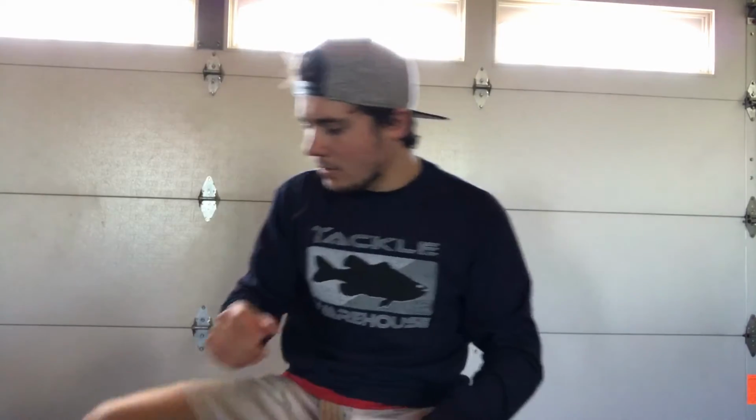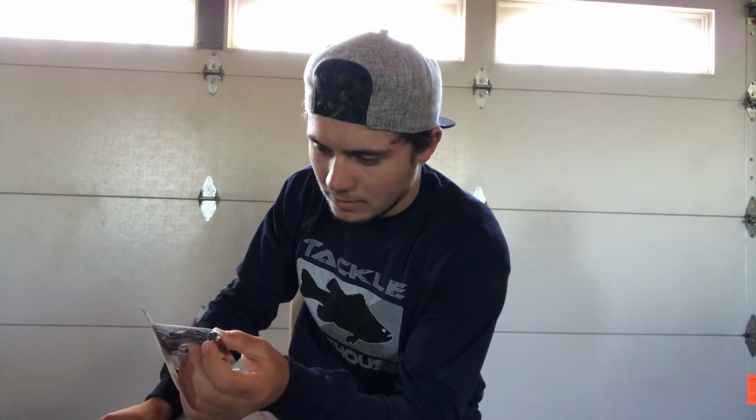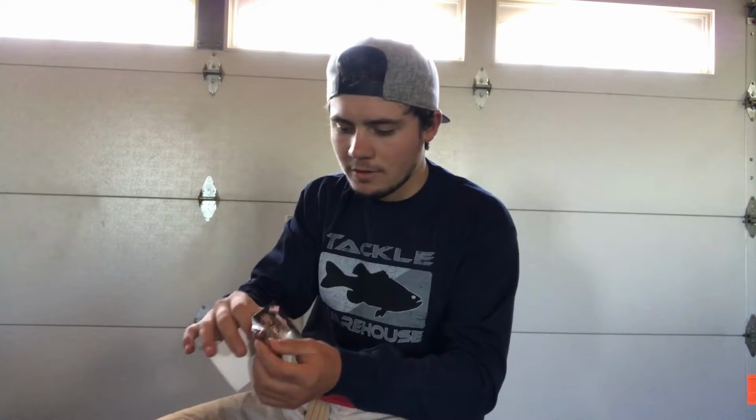I throw the 1/2 ounce or 3/4 ounce football head. The heads are really key. I throw these around rocks and stuff. They don't tend to get hung up as much, as far as with me, it's the flipping heads that get stuck in the rocks. They get in the crevices because they're a little more pointed. These tend to kind of refract off trenches in between rocks and hop out of them. But